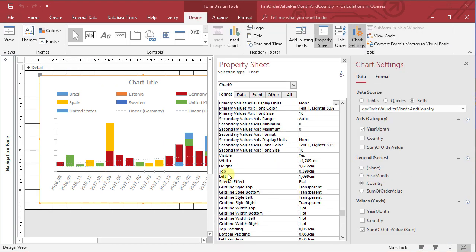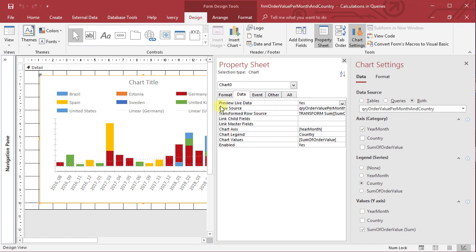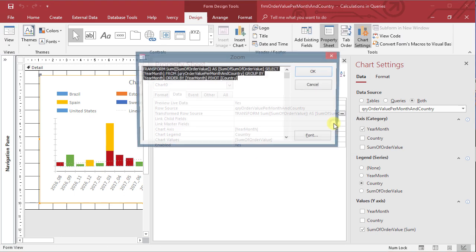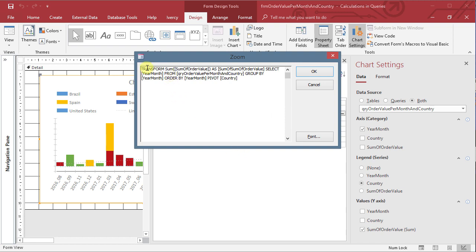There's one thing I would like to remark upon. That is the data source for the chart. Now, if we go to the property sheet, you see the row source in here is actually the query I selected. And there is another property, the transformed row source. And I'm going to zoom this, and you see this has been auto-created by the chart control after I selected